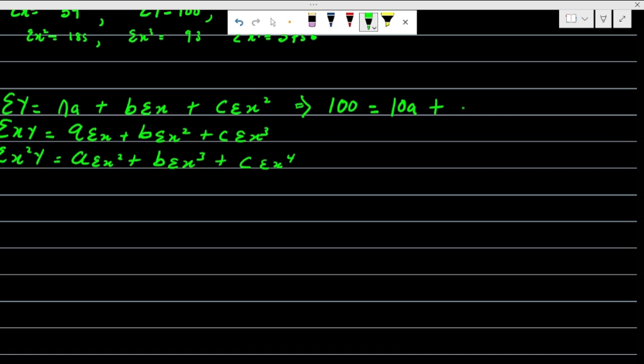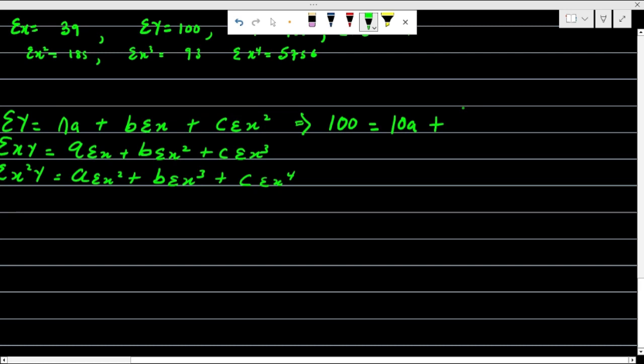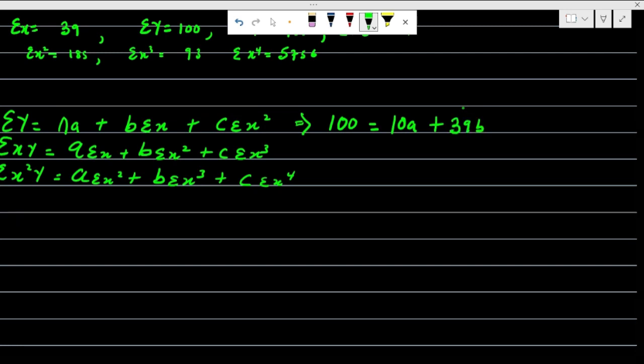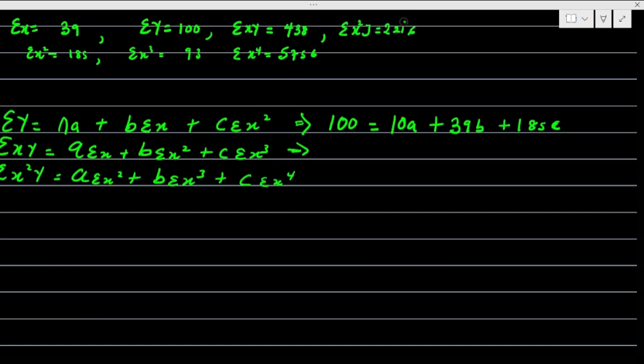what is our summation of x? Our summation of x is 39. So it will now become 39b plus, what is our summation of x squared? Our summation of x squared is 185. You already know how it is going to look. We need summation of xy. What is our summation of xy? Our summation of xy is 438, which is equal to